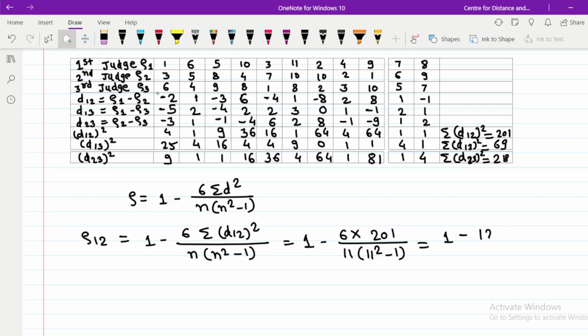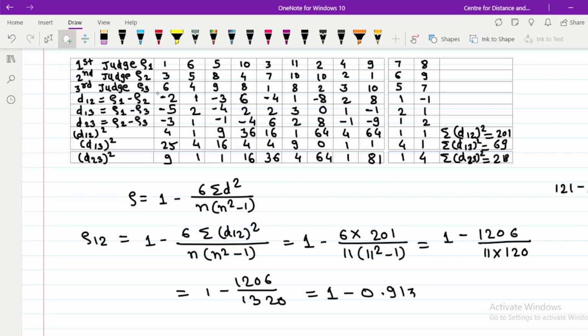which is equal to 1206 divided by 11 into 11 square, that is 121. 121 minus 1 is equal to 120, which is equal to 1 minus 1206 divided by 11 into 120 is equal to 1320, which is equal to 1 minus 1206 divided by 1320 is equal to 0.913637, and 1 minus 0.913637 is equal to 0.086. Therefore, the value of rho 1, 2 is equal to 0.086. Then,